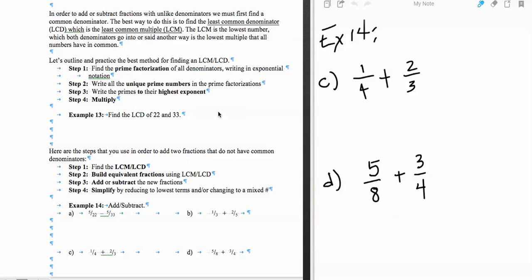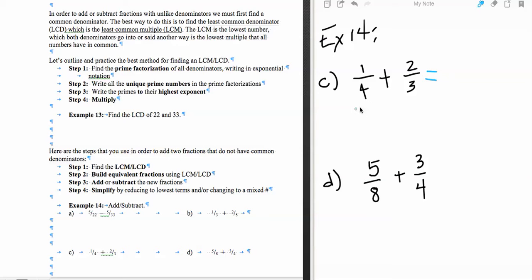This continues the lecture on section 2.2 on adding with unlike denominators or subtracting with unlike denominators. This is example 14, it's part C and D. So this next example, we still have unlike denominators here, and it's much like the problem where we had the